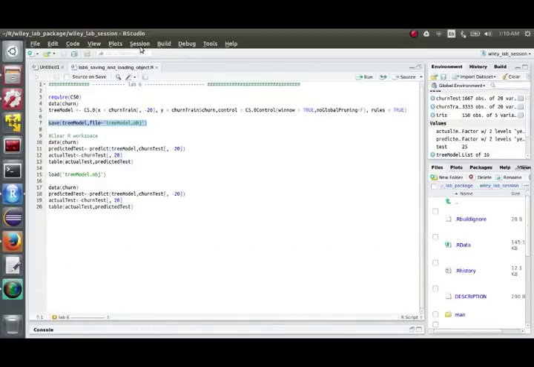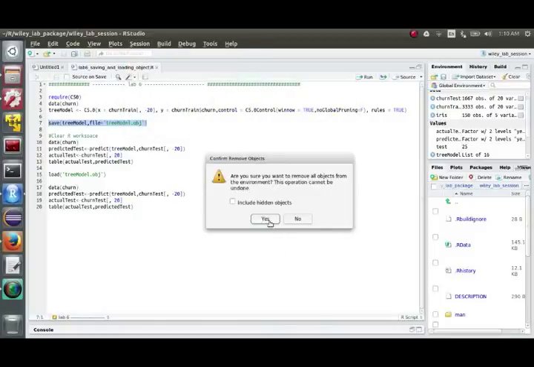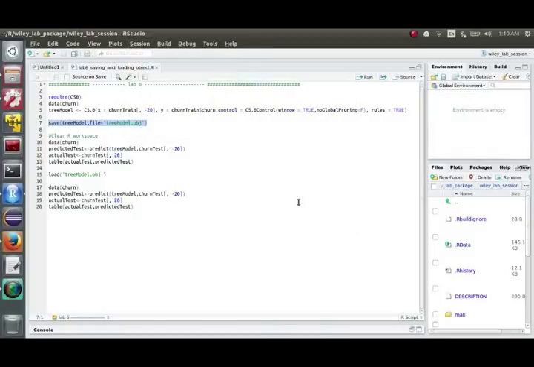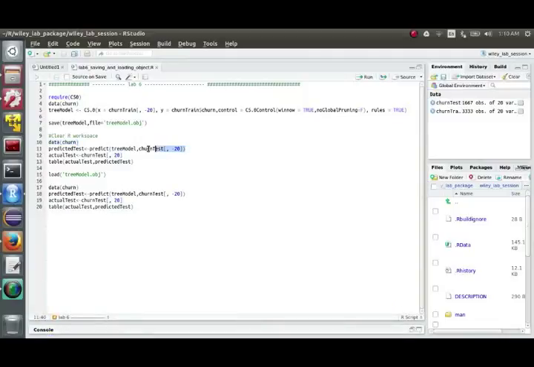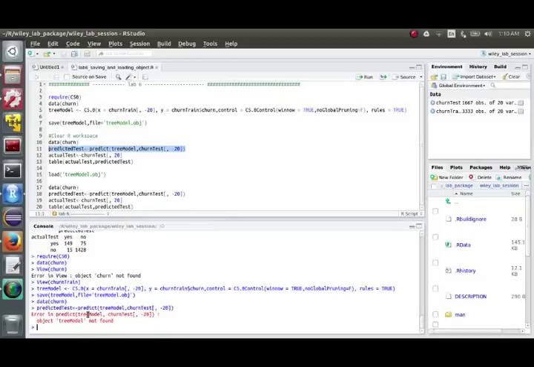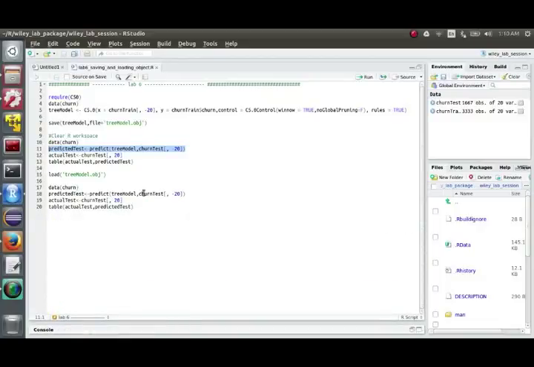Now I just clear the session, clear the workspace. So now the workspace doesn't have the tree model because it has been cleared out, and then we try to use the predict function on the model and do the prediction. So if we call data churn, we get the data frames back into the workspace. But this execution is going to fail because we have cleared off the workspace and we don't have the object tree model anymore. So to get it back, we will have to load the saved object from the disk, and